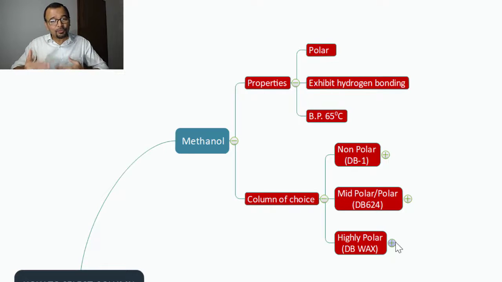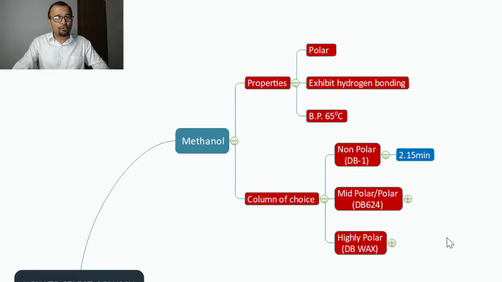So what do you expect the retention time of methanol to be on a non-polar stationary phase like DB1? Will methanol get retained for a good amount of time on the DB1 stationary phase? DB1 is nothing but the 100% dimethyl polysiloxane stationary phase. And this is the practical data that says that the retention time of methanol on DB1 is 2.15 minutes.